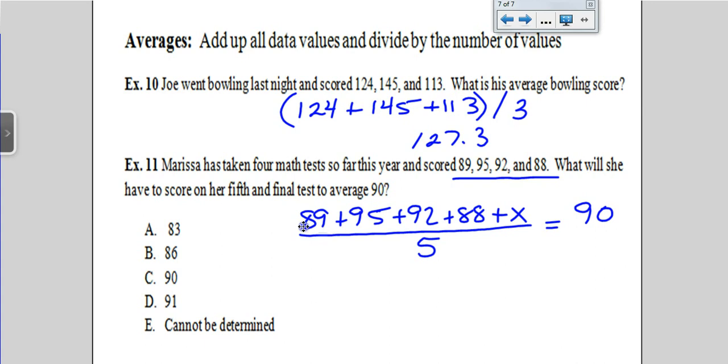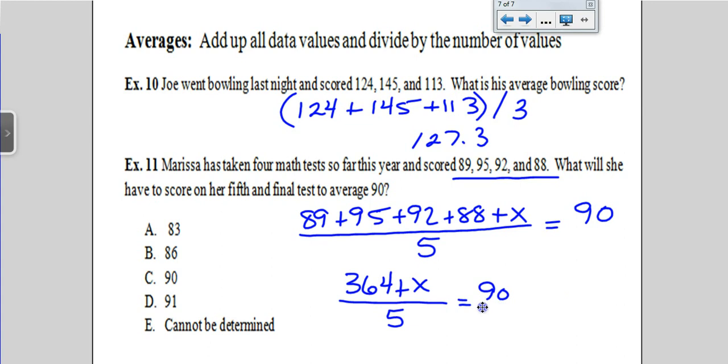So what I'm going to do next is I'm going to take these 4 test scores and add them all together, which I haven't done yet. 89, 95, 92, 88, which is 364. Still plus x. I can't actually divide that by 5 because it's an expression, but what I am going to do